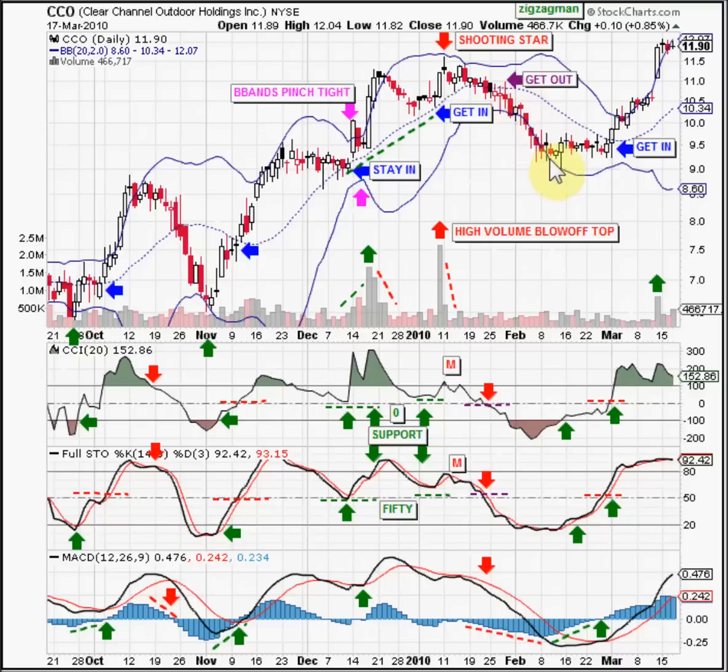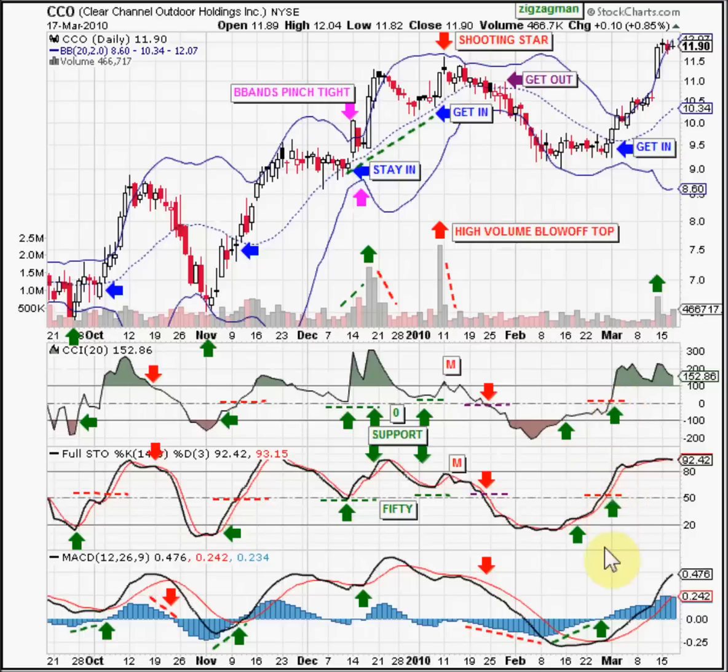It falls, it goes up to the midpoint of the W. A double bottom is W shaped. It falls to the second low. Okay, then finally it breaks above the middle Bollinger Band area. Now a lot of people like to buy on the second low. Okay, this would have been frustrating because you would have bought, and for about a week or two he pretty much ran flat. Okay, so you're sure it's going to happen when the CCI breaks above 0,